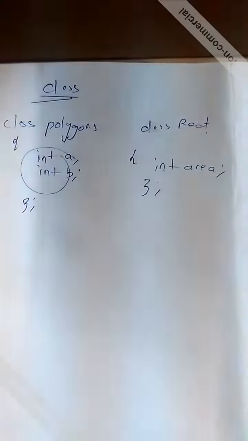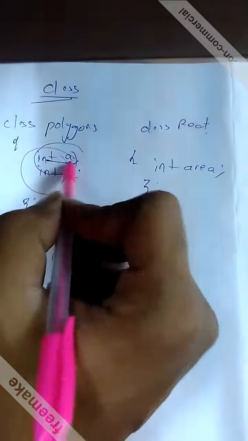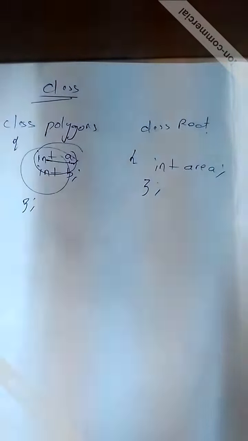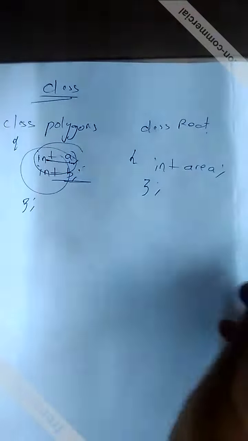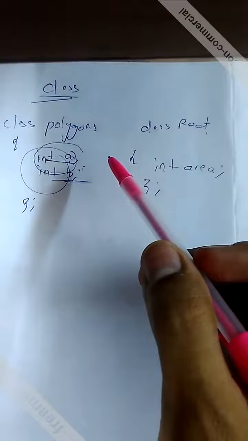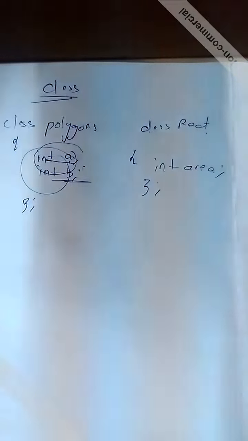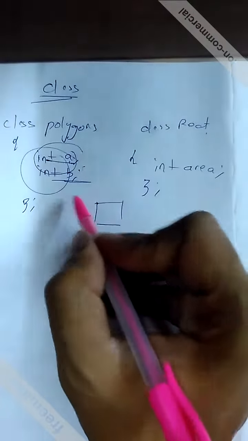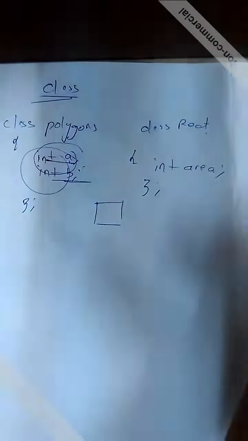Okay, now the class polygons has int a, which tells what type of polygon we are having. Maybe it's a hexagon, pentagon, rectangle, or square. And b is an optional variable, sort of. It can be 0, it can be more. In a class we can define b as 0 also if the polygon is a fixed, equal-sized polygon, like a square, because in a square we don't need any breadth, only length is sufficient.